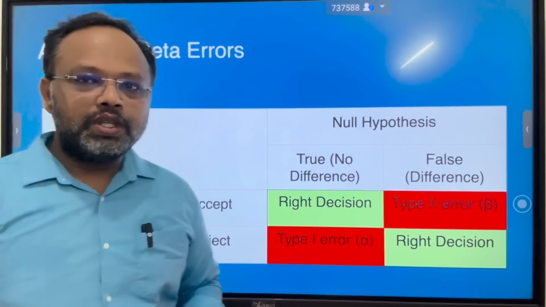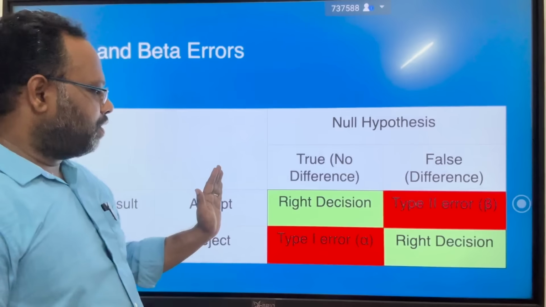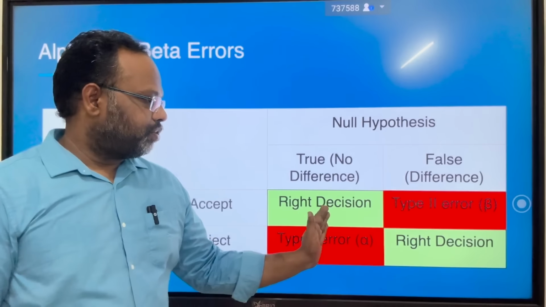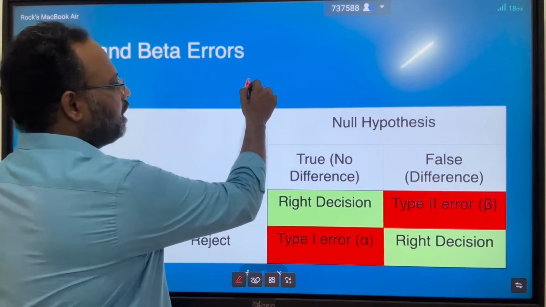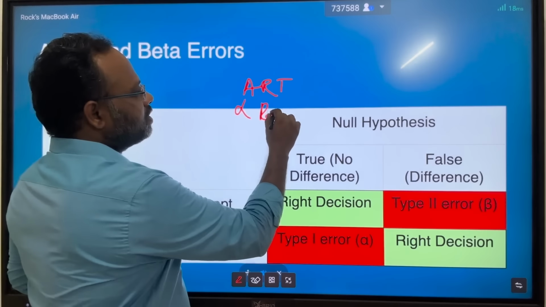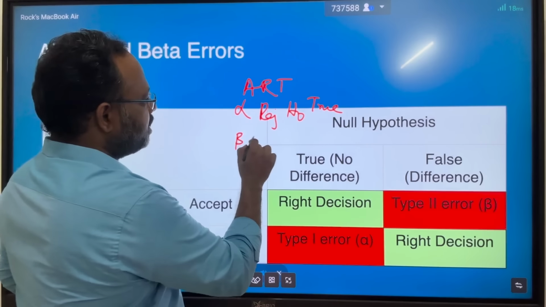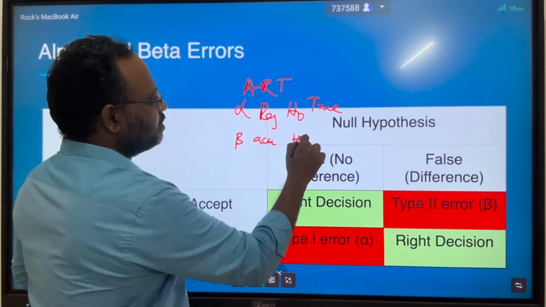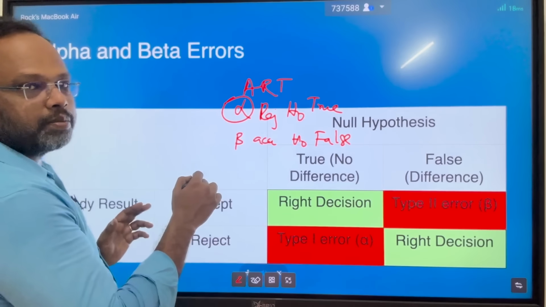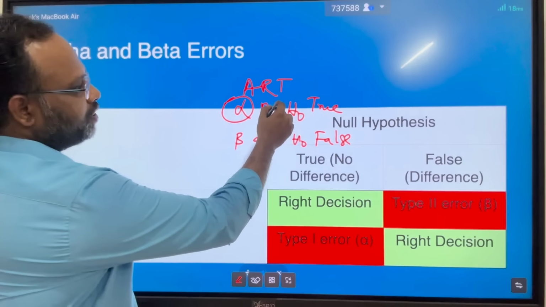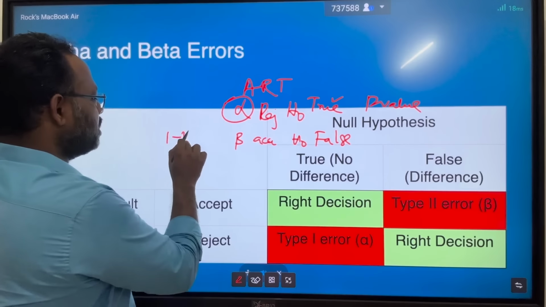Then we have discussed the types of errors under this table, our study result and the null hypothesis. We have four scenarios: these two are right decisions and these two are errors. We remember them by the mnemonic ART, that is, alpha error is rejecting the null hypothesis when it is actually true. The reverse of it, a beta error, is accepting the null hypothesis when it is actually false. The probability of committing an alpha error, or the probability of rejecting the null hypothesis when it is true, is called the p-value, and the inverse of beta, that is 1 minus beta, is called the power